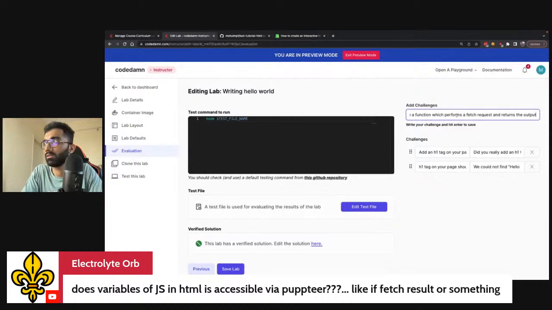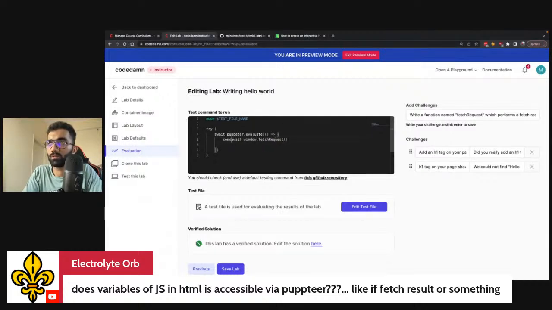Something like this. Write a function named fetchRequest, right? And then what you do inside Puppeteer is inside of that try catch block, inside of await page.evaluate, what you say is something like this: await window.fetchRequest().